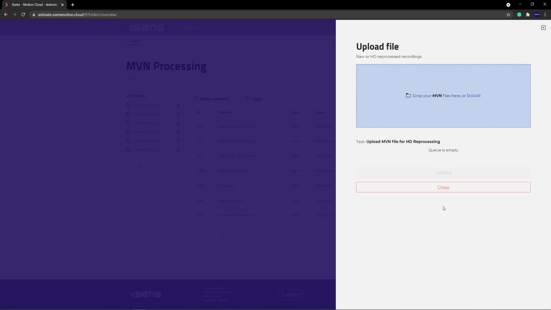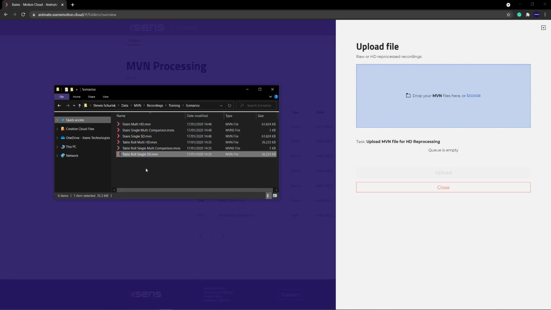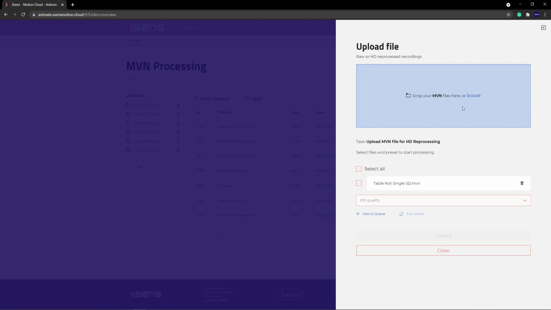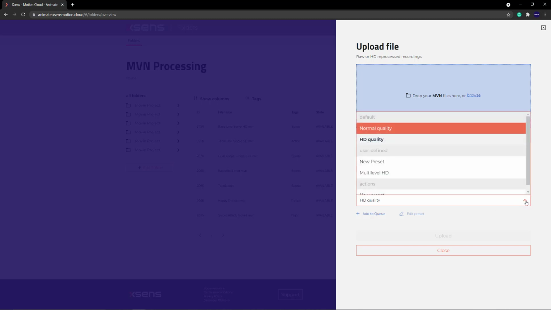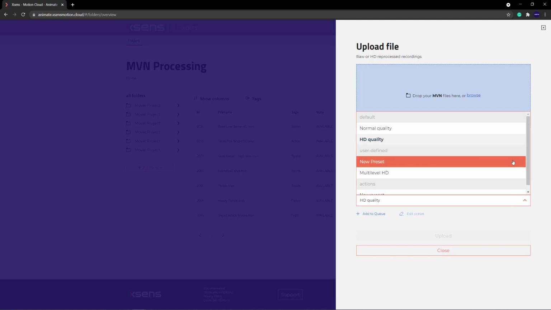So first let's upload a file by either browsing for it, or you can drag and drop it from the Windows Explorer. So in this case I've uploaded a file which has an actor rolling on a table. I want to reprocess it in HD and on multi-level. So I can select this, and then I can go to my presets to select how I want to process